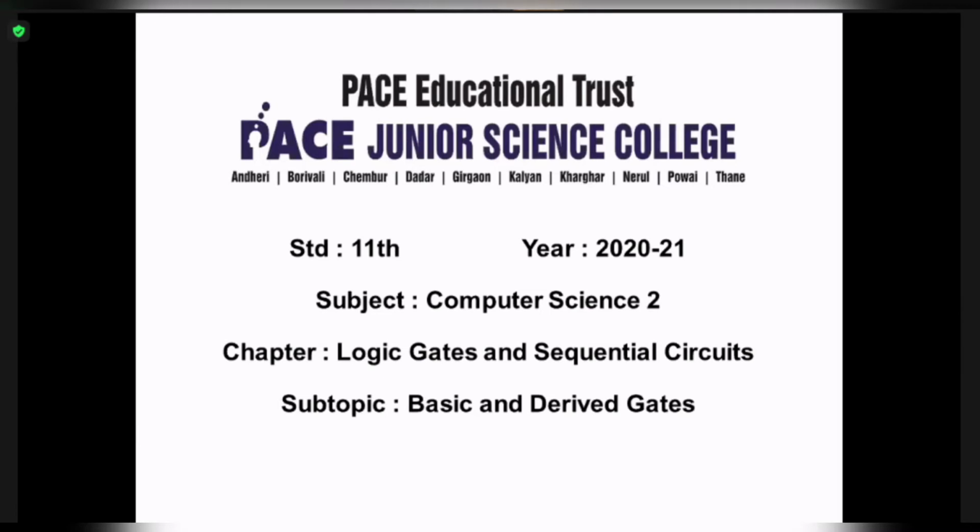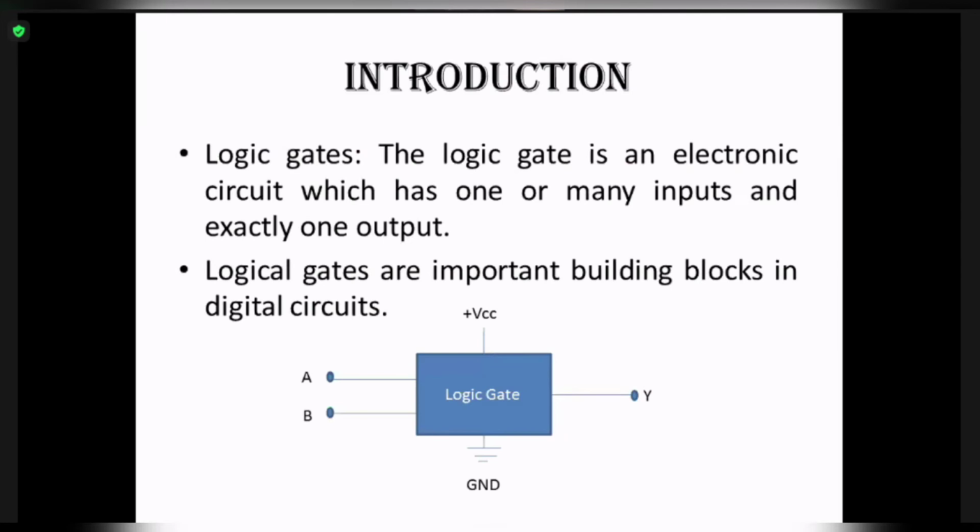So this is how the marking is divided. The entire computer science subject is of 200 marks. Understood? 50 marks practical of CS1 and 50 marks theory of CS1, 50 marks practical of CS2 and 50 marks theory of CS2. Okay. Now let us begin with the first chapter and the introduction to what logic gates are.